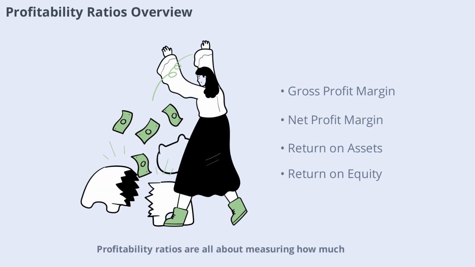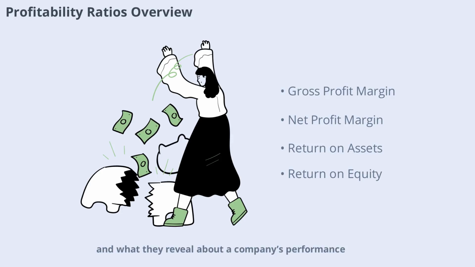Profitability ratios are all about measuring how much profit a company makes relative to its sales, assets, or equity. These ratios help you understand whether a business is generating enough income to cover its costs and reward its shareholders. Common profitability ratios include gross profit margin, net profit margin, return on assets, and return on equity. We'll look at each of these in detail so you can see how they're calculated and what they reveal about